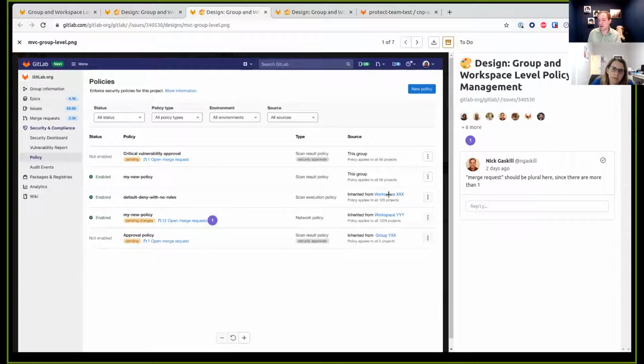Any group level policies would flow down and affect all of the projects inside of that group. So we get some language here showing that the policy applies to all 56 projects in this group. And just showing where these things came from, right? If it's inherited from another group, if it's inherited from a workspace, or if it's part of its own group.